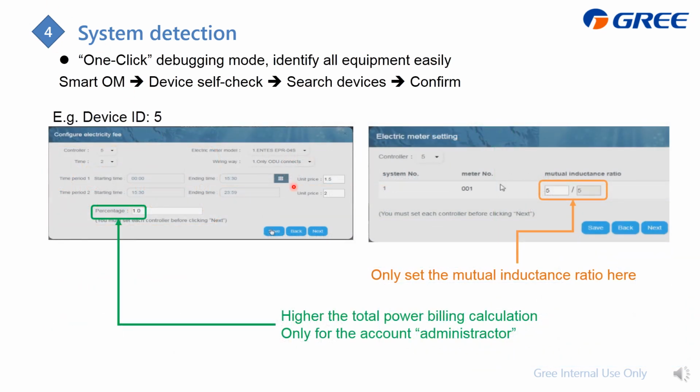And here is the information about the power meter. You need to first select which controller, which gateway, and then here we offer you different periods. In your locality, according to different periods, the electricity bill is different, so you can set it from here. And also you can find this percentage, which you can use to raise the power fee,